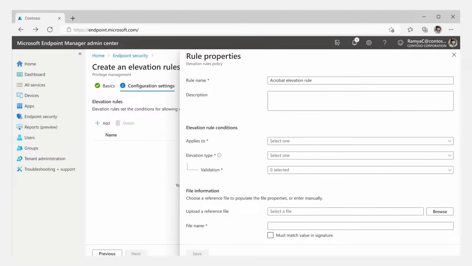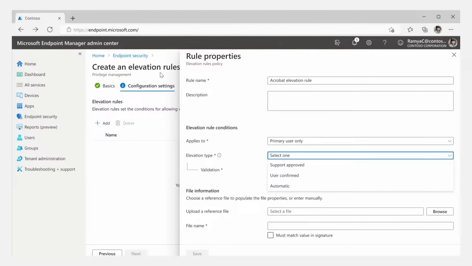When I go down to the rule conditions, you can see that applies to can be either all users that are on a specific targeted device or only for the primary user of that device. In this case, I'm going to pick primary user only. And then the elevation type is super important here as well. So again, this is where I pick whether support needs to approve each of these requests, or if they will automatically be approved for the user and they don't actually see any messages, it just happens and auto elevates them,